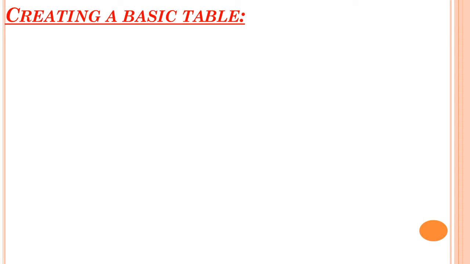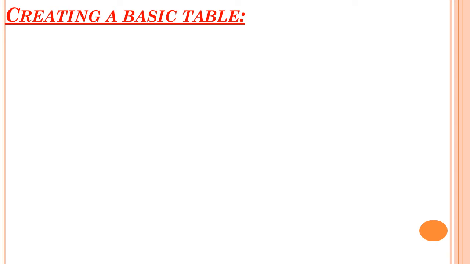When you are going to write a table in your book, you need to decide how many rows you want and how many columns you want, right? And how many cells you want, everything. Same as it is in the HTML also, you need to decide how many rows, how many columns, how many cells, everything you need to decide.